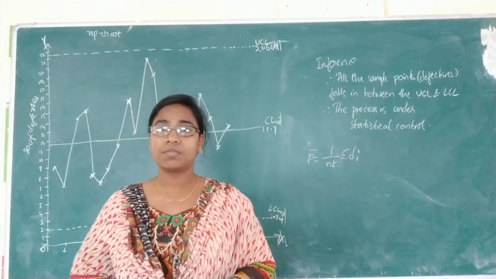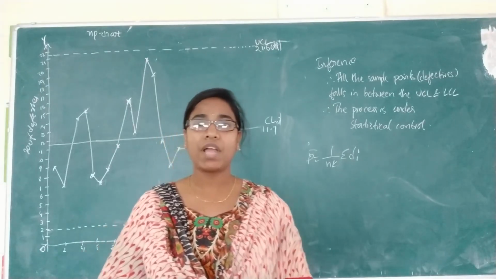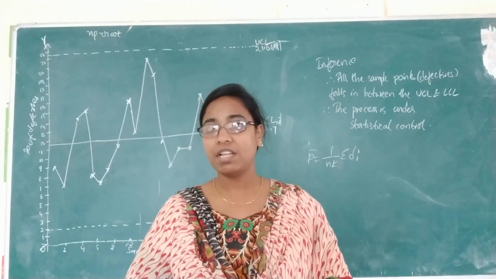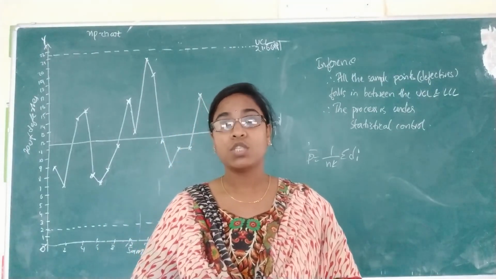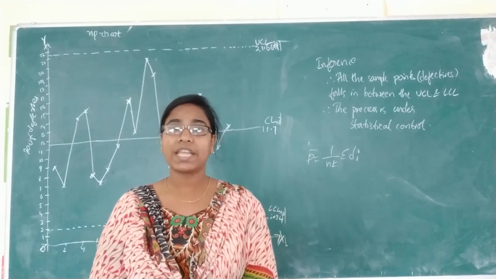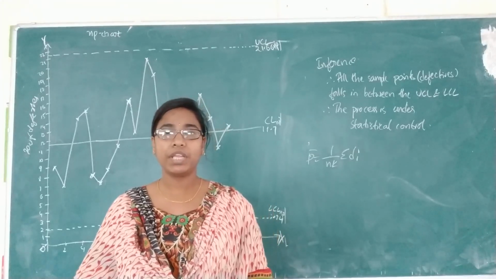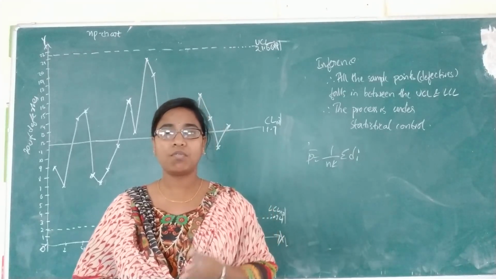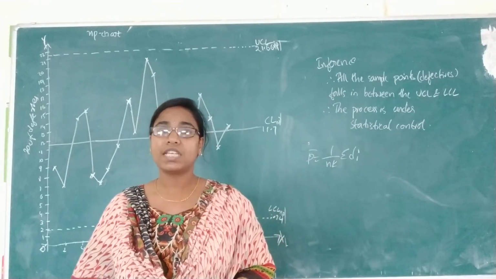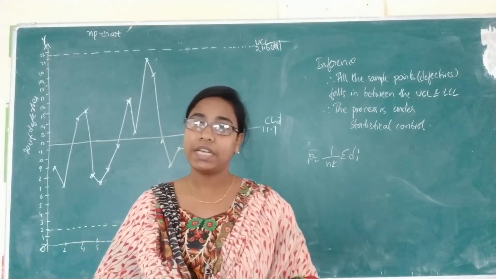So now, in the first unit we have calculated all the charts, that is the mean chart, range chart, S chart, P chart and NP chart. From the next classes we will be starting our second unit, which is a continuation of the first unit. Here we have constructed only control charts for variables. There are 4 types of charts, right? So we have completed only P and NP charts. Still C and U charts are there. So we will start the second unit in our next week's classes.